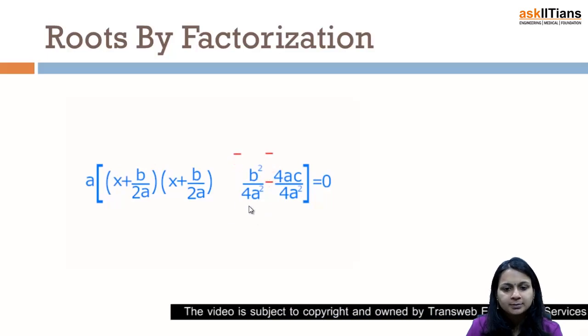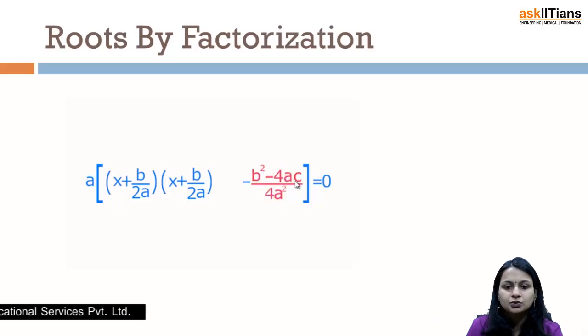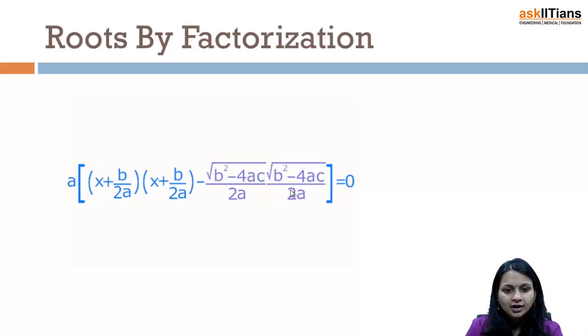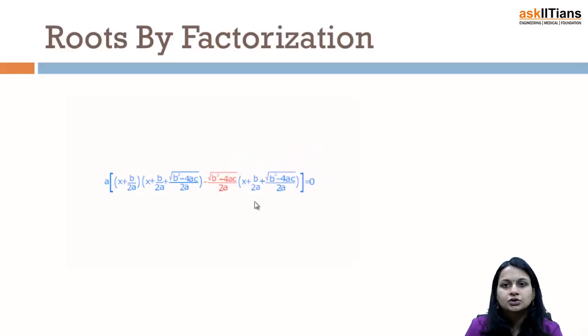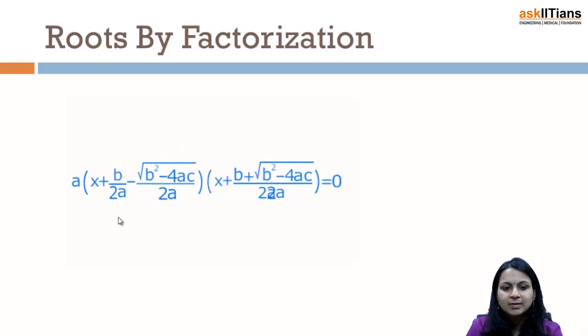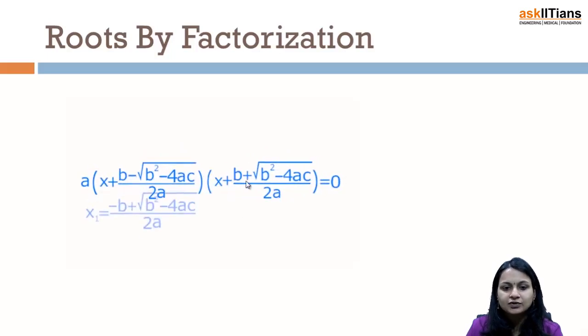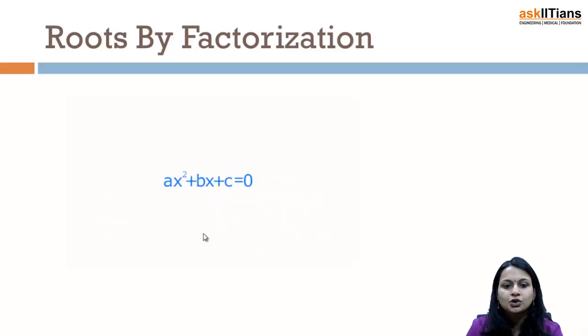Now a very important step after this, making it into two parts, under root and under root, and then we are going to add this x plus b upon 2a under root b square minus 4ac upon 2 and subtract it also, so that from the first two we have this common and from the last two expressions we have root b square minus 4ac upon 2a. So finally we resolve it into two brackets, which gives us the final value of x, which is minus b upon 2a, with plus and minus sign, minus b plus or minus under root b square minus 4ac upon 2a. So this gives me two roots of the equation.